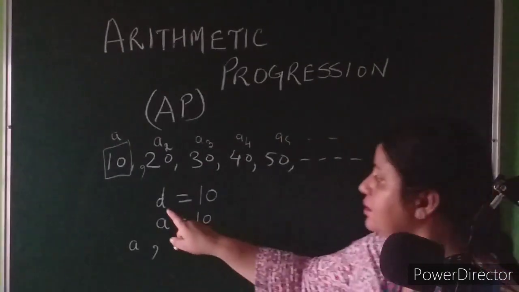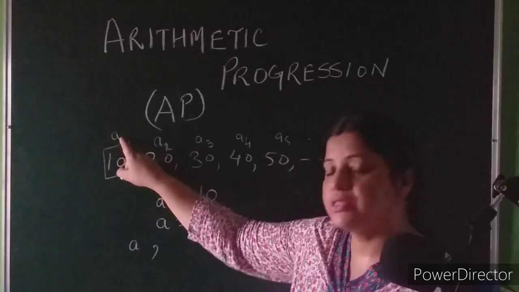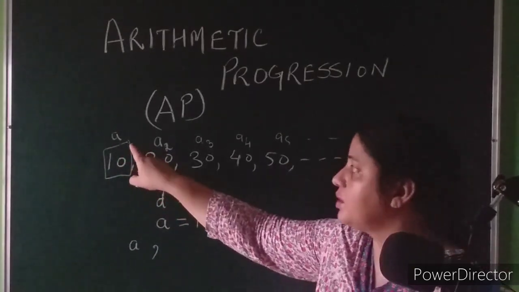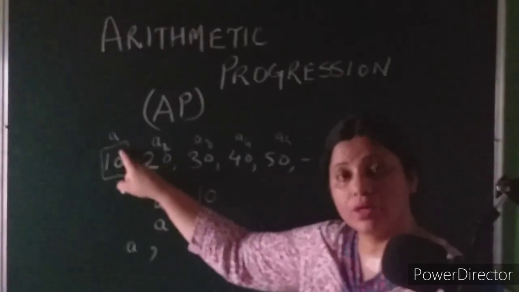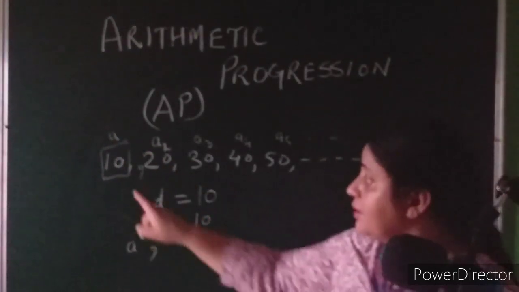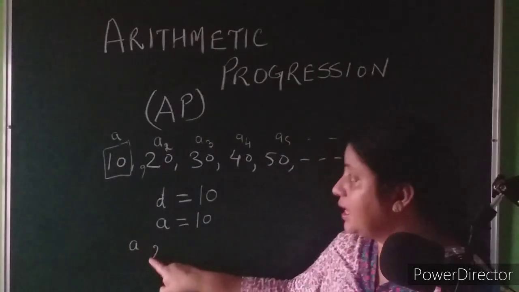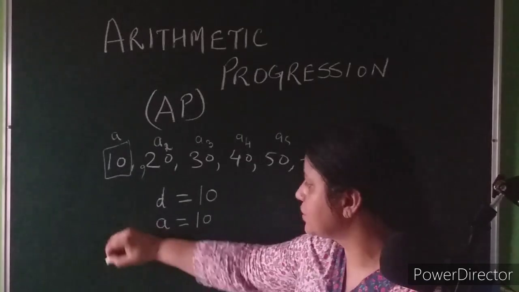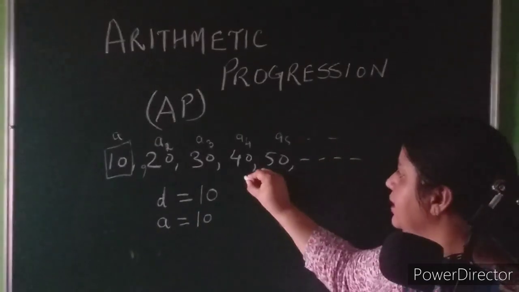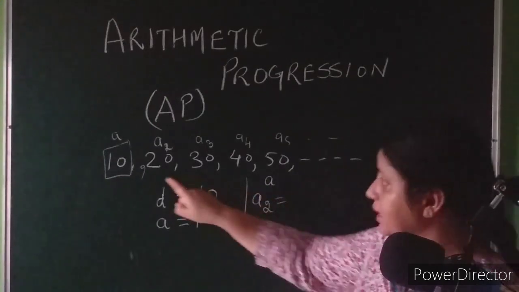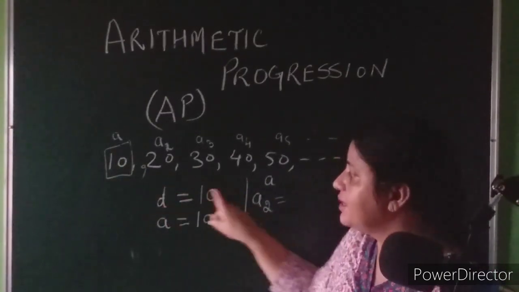The first term otherwise should have been A1, but as notation in the whole chapter we will always use small a without anything more. Small a only. Now, when I have the first term as A, how do I get the second term A2? If I write the things here again, the first term is A, and the second term A2, how do I obtain it? If I add the common difference D